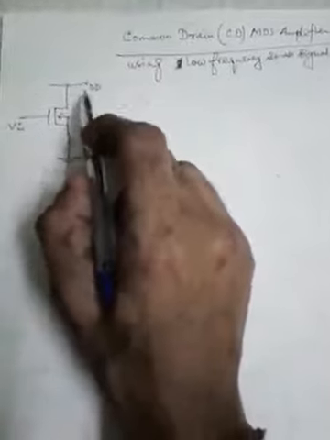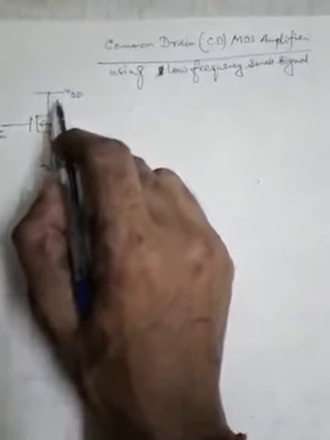So here in this case also, since it is called common drain characteristics, that means the drain is grounded, and it is common to the gate at the input stage, and it is common to the source for the output stage. Here we can see this is an N-channel enhancement MOSFET we have once again considered, where this drain terminal is actually grounded and the input is applied at the gate terminal over here.